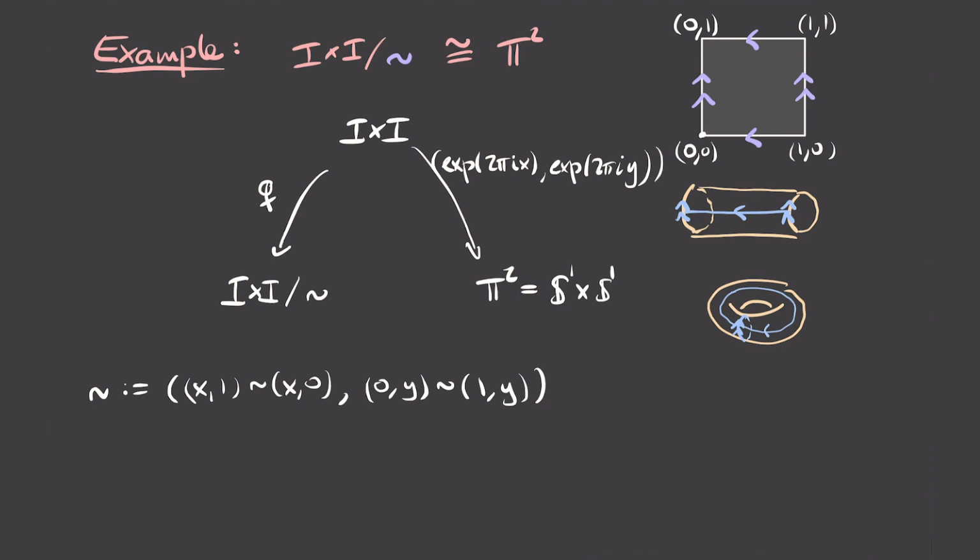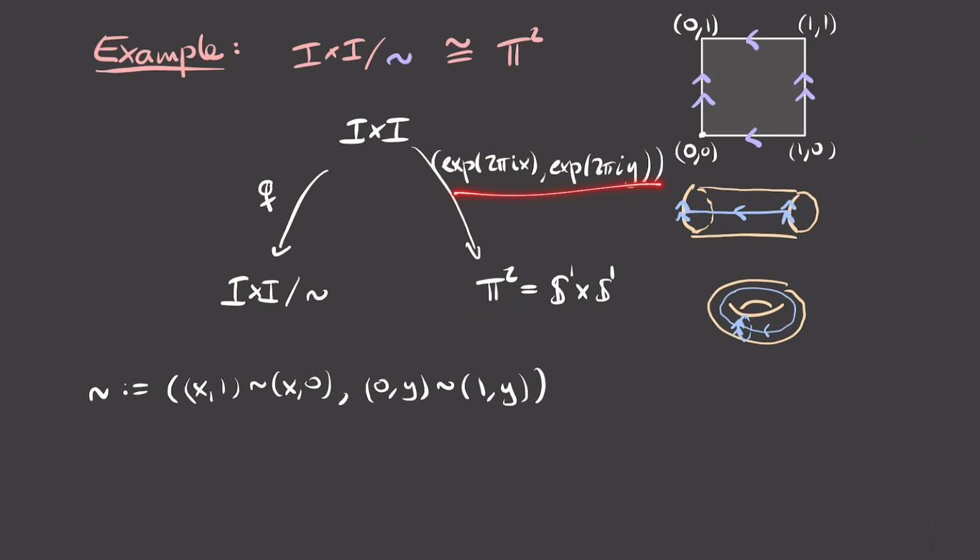And in this case, we're thinking of the torus as being a subspace of R4. So we're thinking of S1 as being a subspace of R2. So then if we take a product of 2 of these, we would get a subspace of R4. Now, in order to apply our universal property argument to show that these two spaces are homeomorphic, we need to